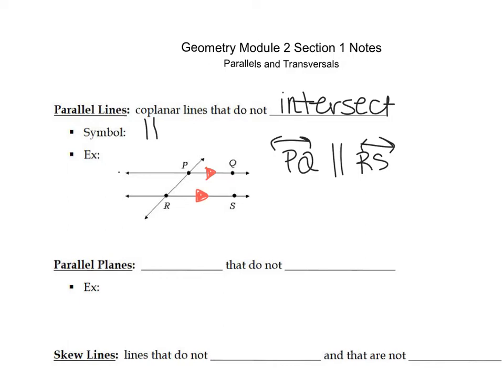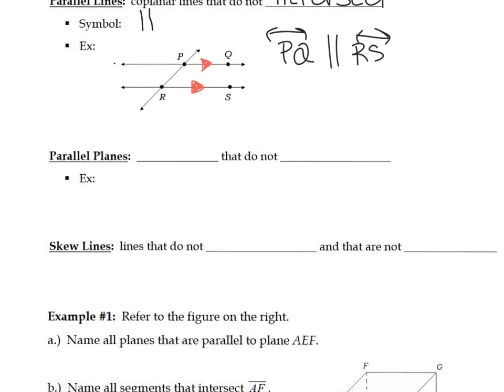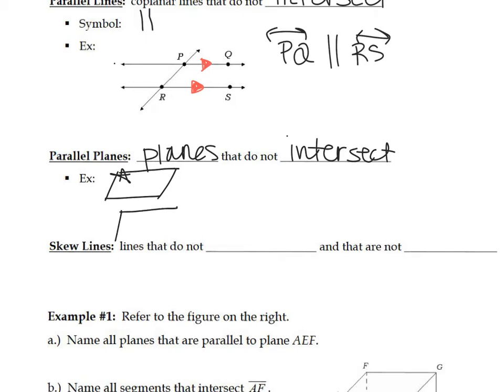Next, we can also have parallel planes. Similar to parallel lines, they are planes that do not intersect. So if I'm going to draw parallel planes, I have my first plane, we'll call plane A, and then I draw my second plane, plane B. And they don't intersect, and I could draw a line kind of going between them indicating that they're parallel. But similar concept, we can still use plane A is parallel to plane B to indicate that they don't